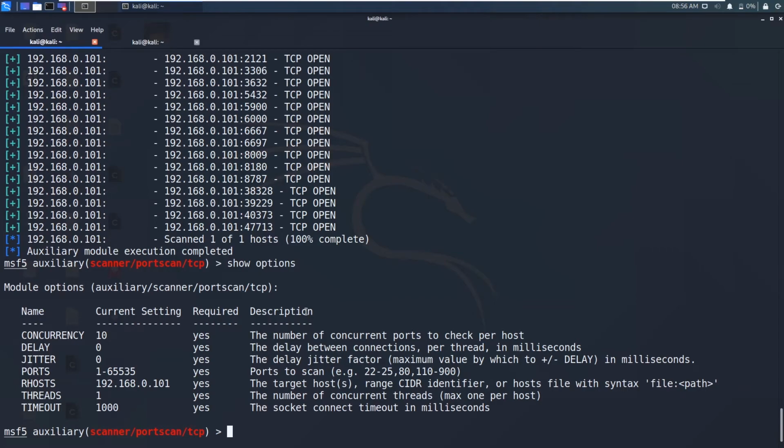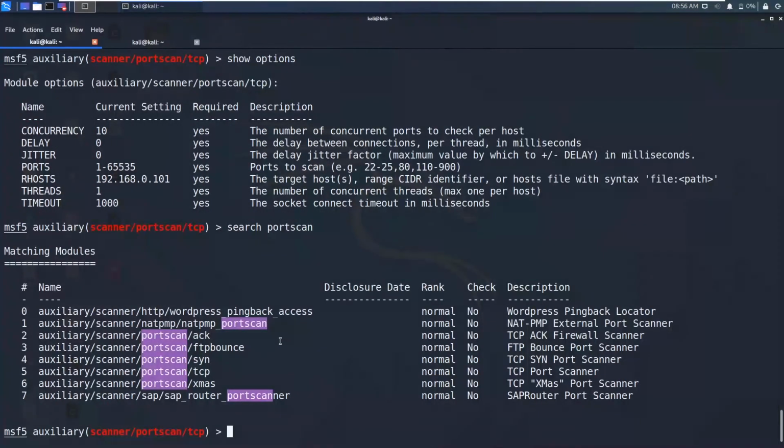Okay, now let's do one more scan. So okay, now let's do this UDP scan.